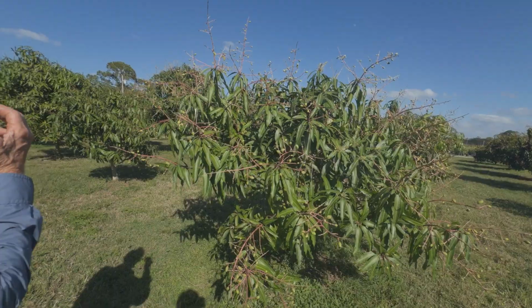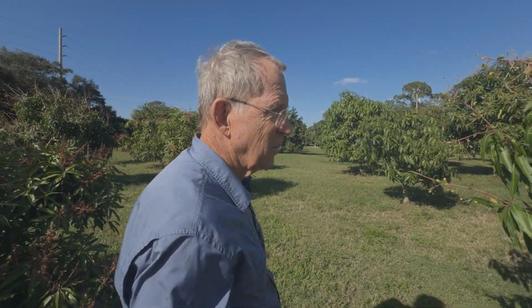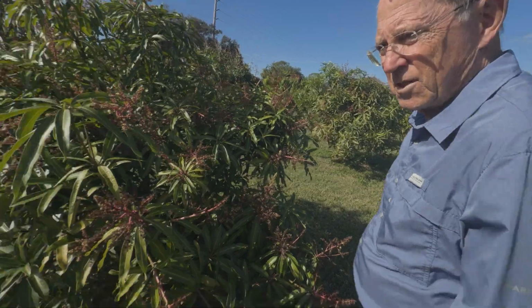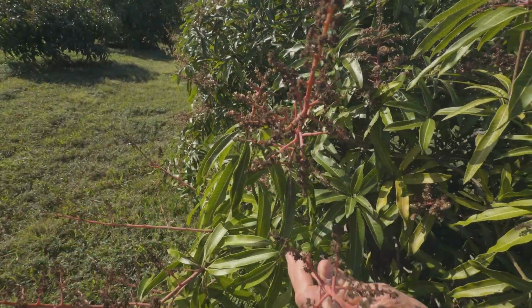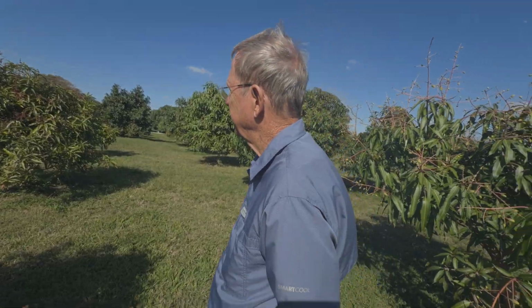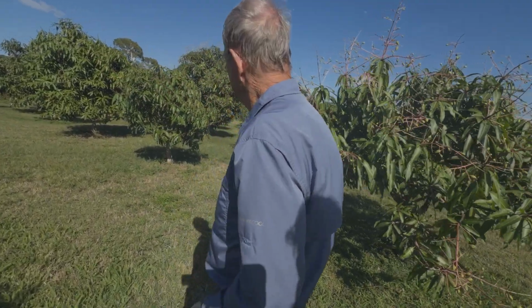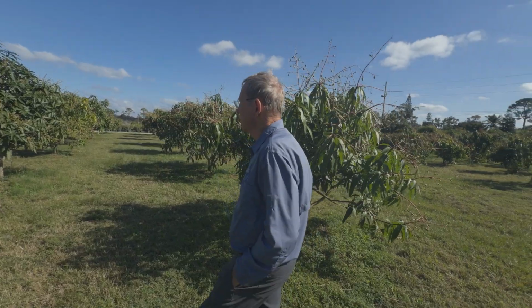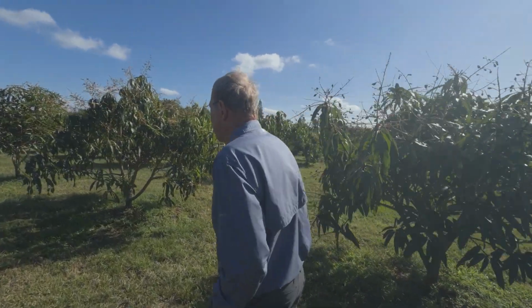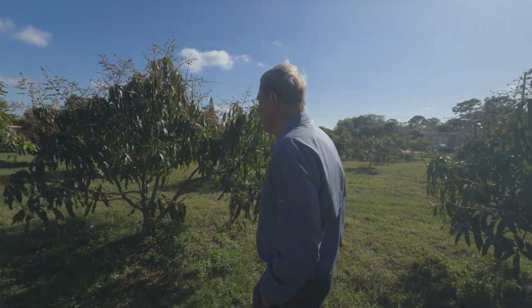Some of these were affected a lot more than others by this cold or damp weather we had a few weeks ago. But a lot of them just look like this. It dropped everything. A lot of them are gonna flower again. Now, we're expecting in a couple of days some really cold weather, down in the 30s. And when it gets that cold,